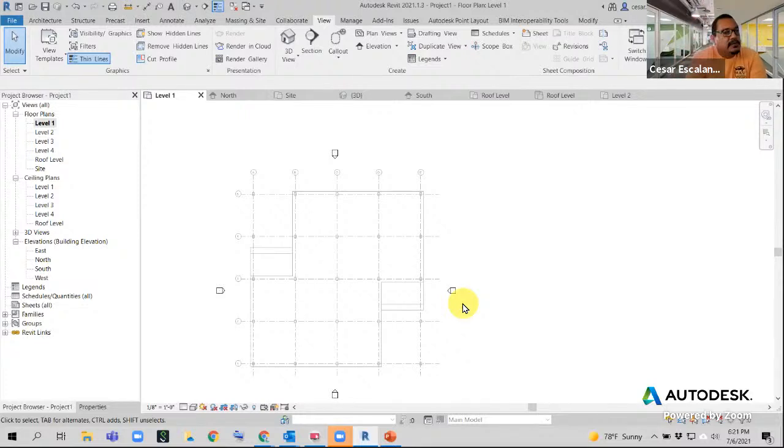I'll give you an example. You have a structural model, but you don't want to display the hatches that are coming from the structural model. You can tweak the view template one time and disable the visibility of all the hatches for the floors, for example. And then you can apply the same definitions to multiple floors in a single step. If you need to continue refining the visibility graphics, you change it at the template level, and then that's going to update